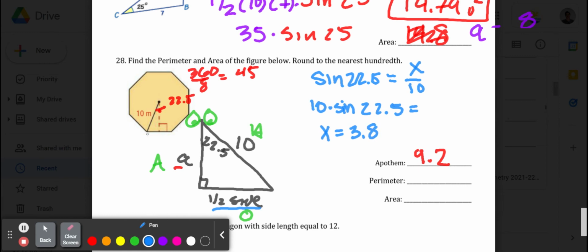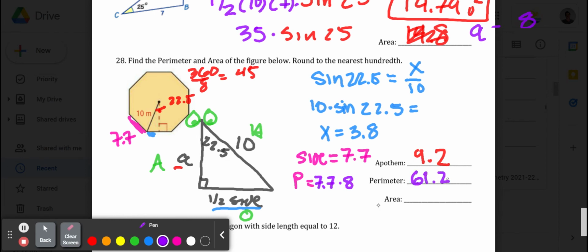Now, that's only half of this, so I need to double it. So when I double it, I get about, so one side should really be 7.7, and then the perimeter is going to be that times 8. So a side is 7.7 right here. Then we need to multiply it by 8. And so our final answer is 7.7 times 8, which is going to give us about